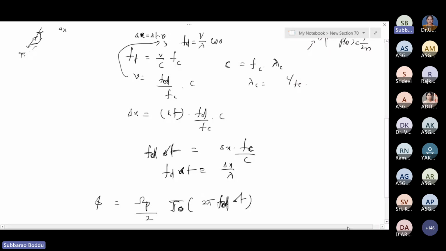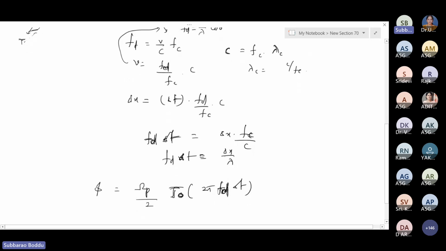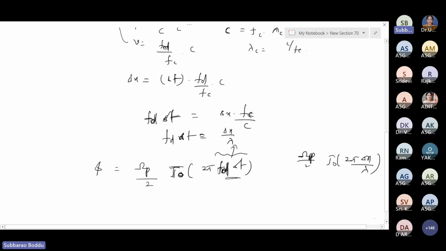So I can now write fd into delta t as equal to this one. So I can write omega p by 2, where omega p is the total received power, into J naught of 2 pi delta x by lambda. So what do you mean by that? The correlation function, the spatial channel correlation function, if you write it like this,